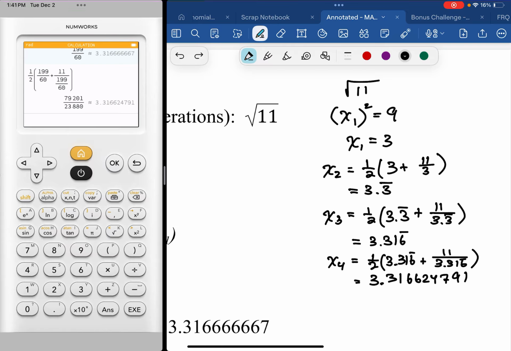But you can see I hit enter a second time. It gave me the next number. Hit enter a third time. Hit enter a fourth time. Then it starts getting a little crazy. But you can see here